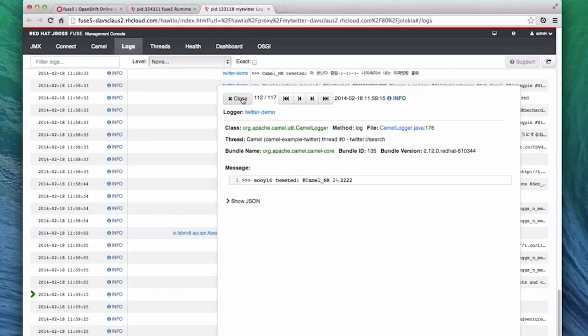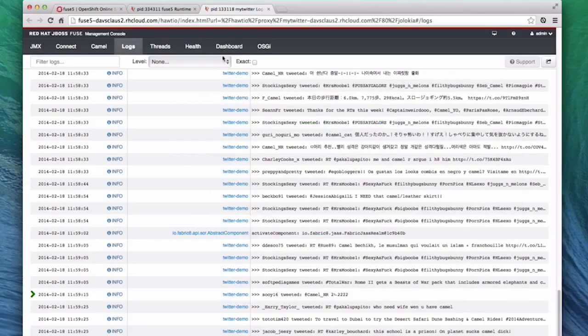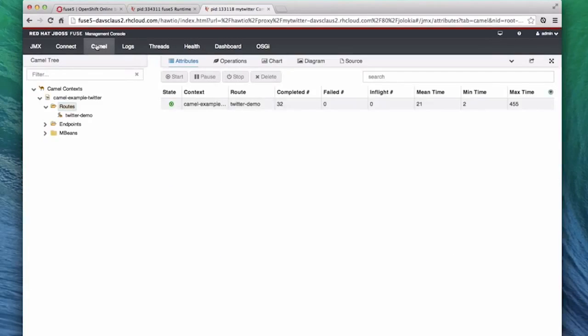Fuse has also detected that Camel is running in this container, so the Dynamic Management Console has added a tab for Camel. This shows us all the Camel applications that run inside this container. Right now, we only have the Camel example Twitter. This example has one route. And here we have information about this application, and these numbers will update in real time as people tweet about